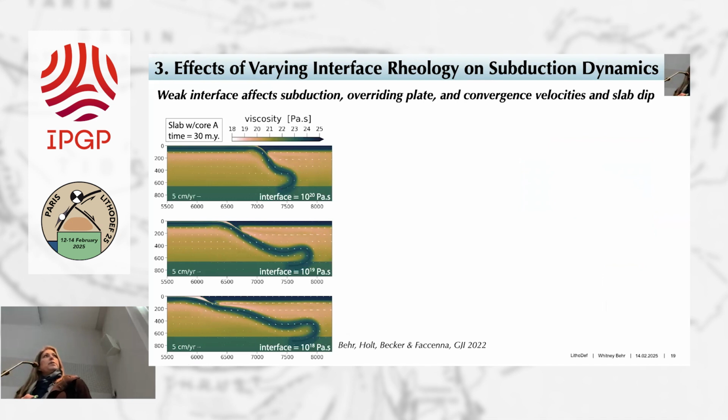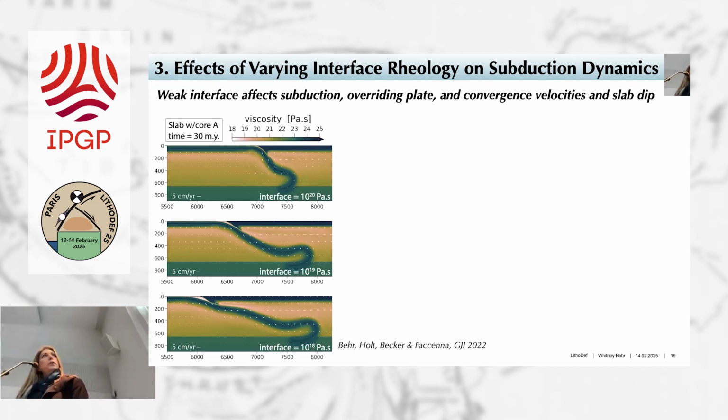But it also affects slab dips substantially. So you can see the weak case has a much higher component of rollback than the strong case. And this affects then how the slab interacts with the 660. So in the strong interface case, you have a sort of penetration right through. In the case of the very weak interface, you have a lot more slab that is above the transition zone, because of the shallower slab dip. And eventually you might actually lay down that slab on top of the 660